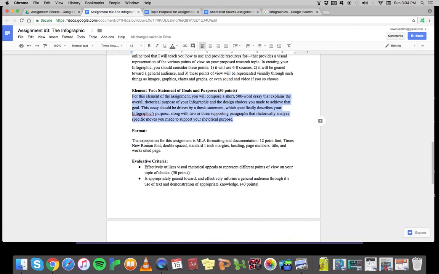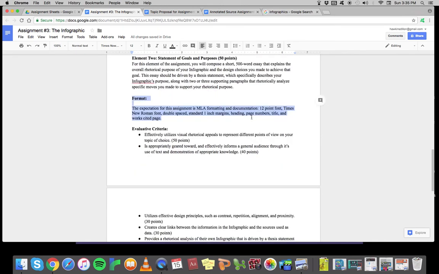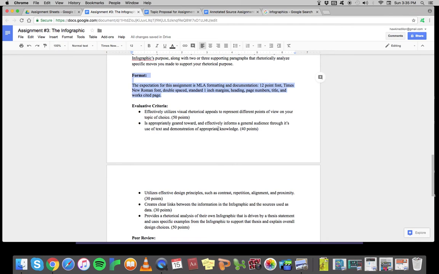For this assignment, the expectation is that the format should be MLA formatting and documentation. So 12-point font, Times New Roman font, double space, standard 1-inch margins, heading, page number, so on and so forth. All right. Here is the evaluative criteria